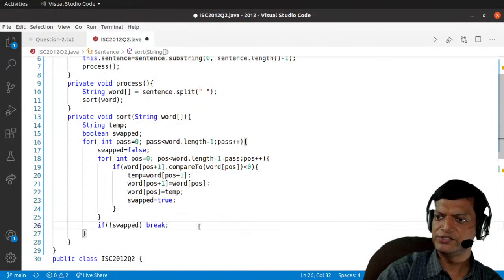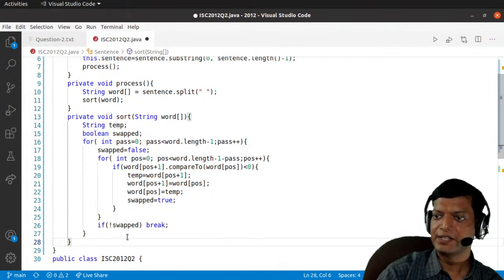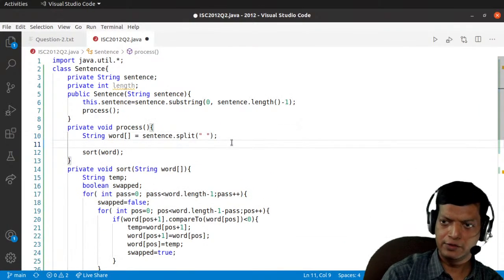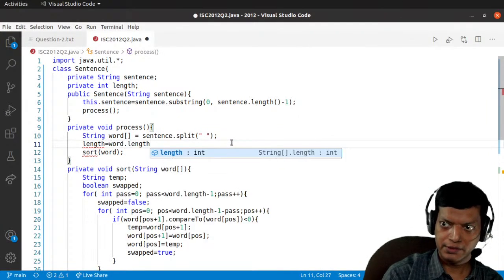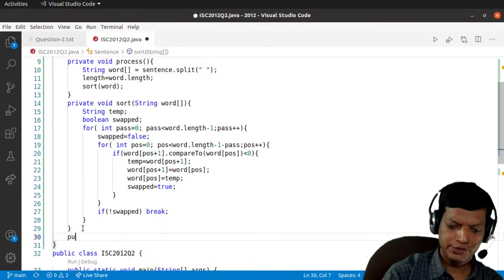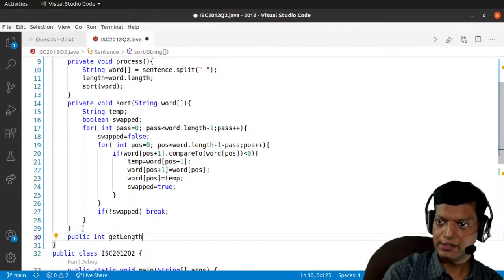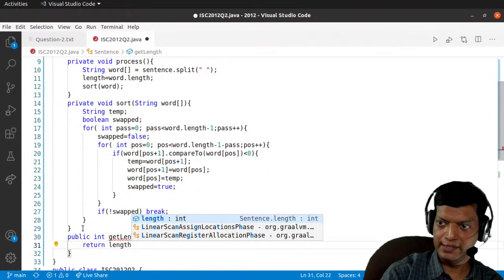Okay, once the sorting is done, we are supposed to print the output. Length, we forgot about the length thing, right? Yes. So let's populate the length, and I think the best place to populate it is over here. We'll say length is equal to word dot length. So the length is populated. We need to return the length, so we'll say public int getLength, and here we'll say return length, and